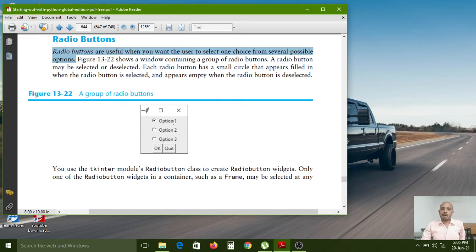If you click the option 2 radio button, then the other will deselect. Immediately the option 2 button will look like this, right? Similarly option 3 is the same. If you select this one, the control comes to here only, and the remaining 2 options are in the disabled state.